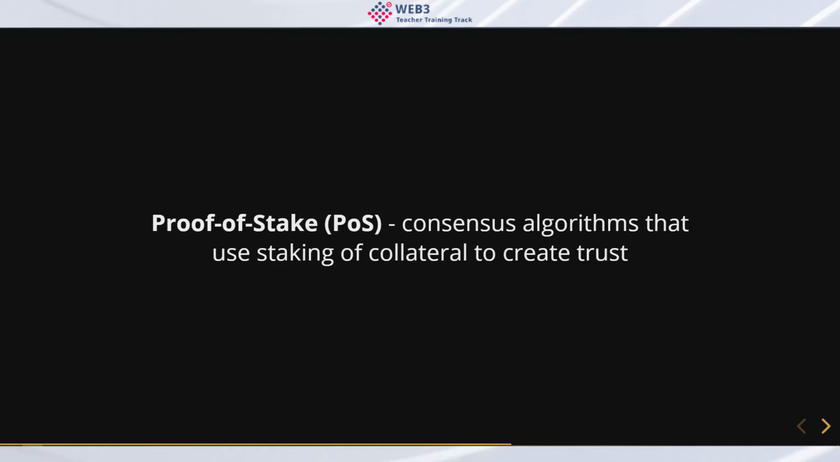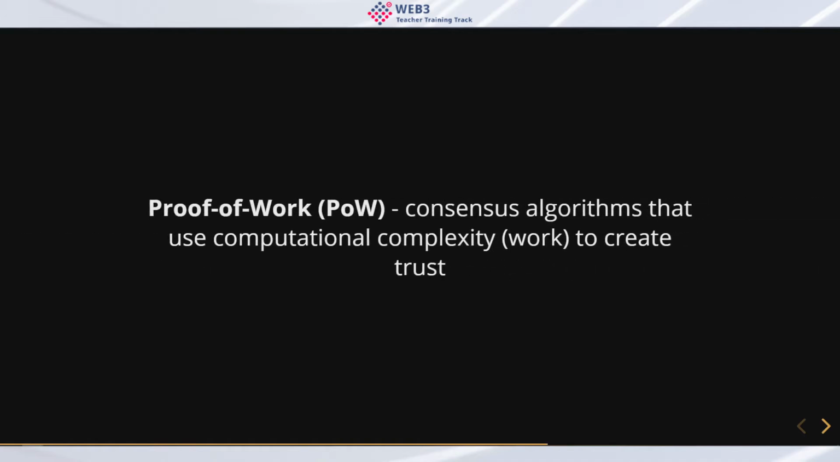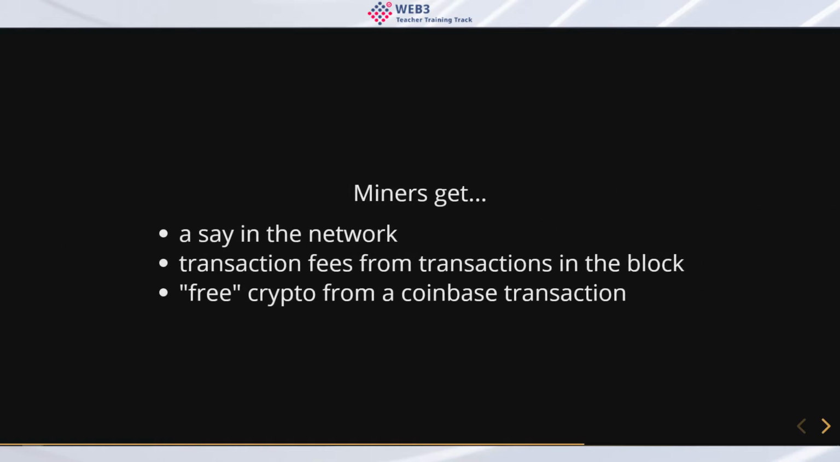Consensus algorithms that use staking of collateral to create trust, and proof of work that use computational complexity or work to create trust. And in exchange for all the work that they're doing, miners get a couple of different things. They get a say in the network, meaning they get to decide which transactions make the cut, which ones don't, technically. They get transaction fees from transactions in the block, which means they're incentivized to not exclude transactions from a block,